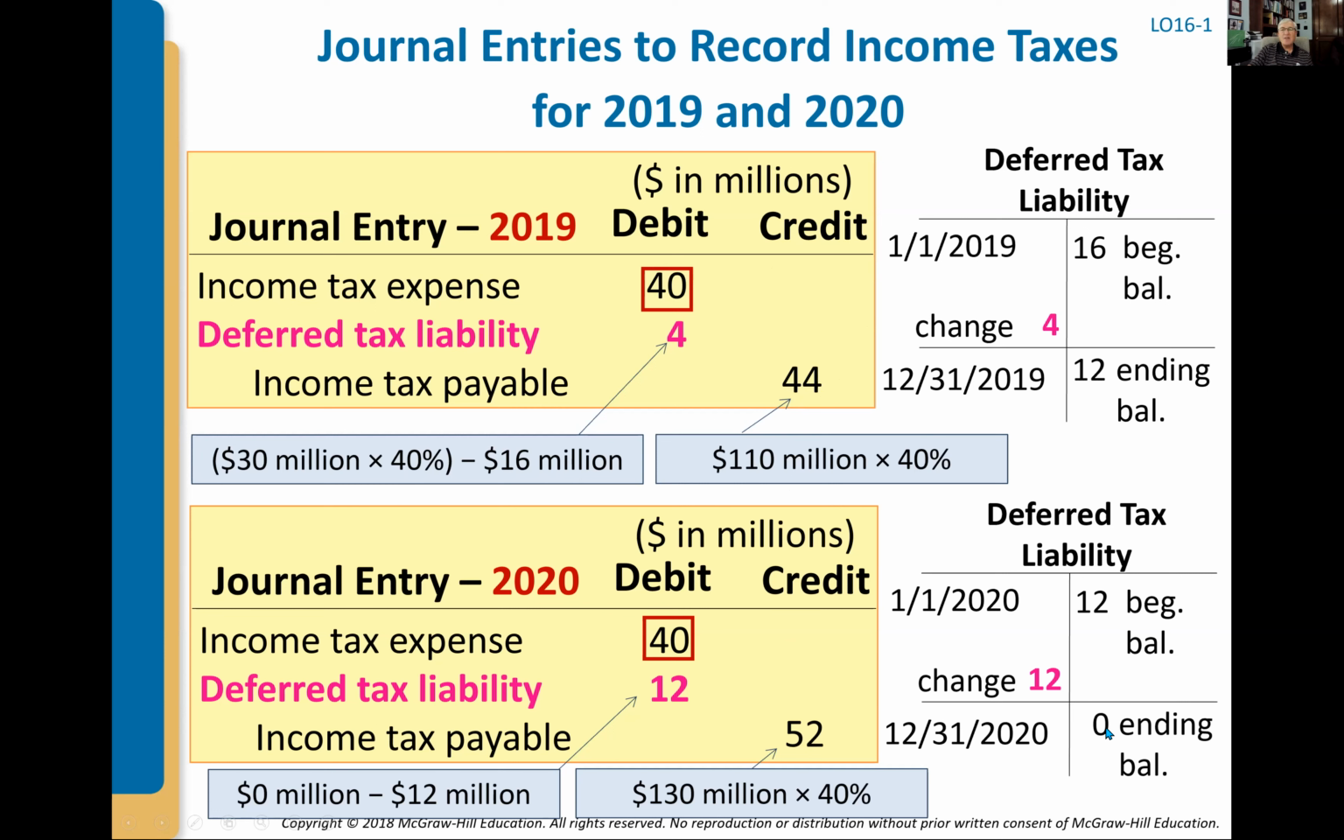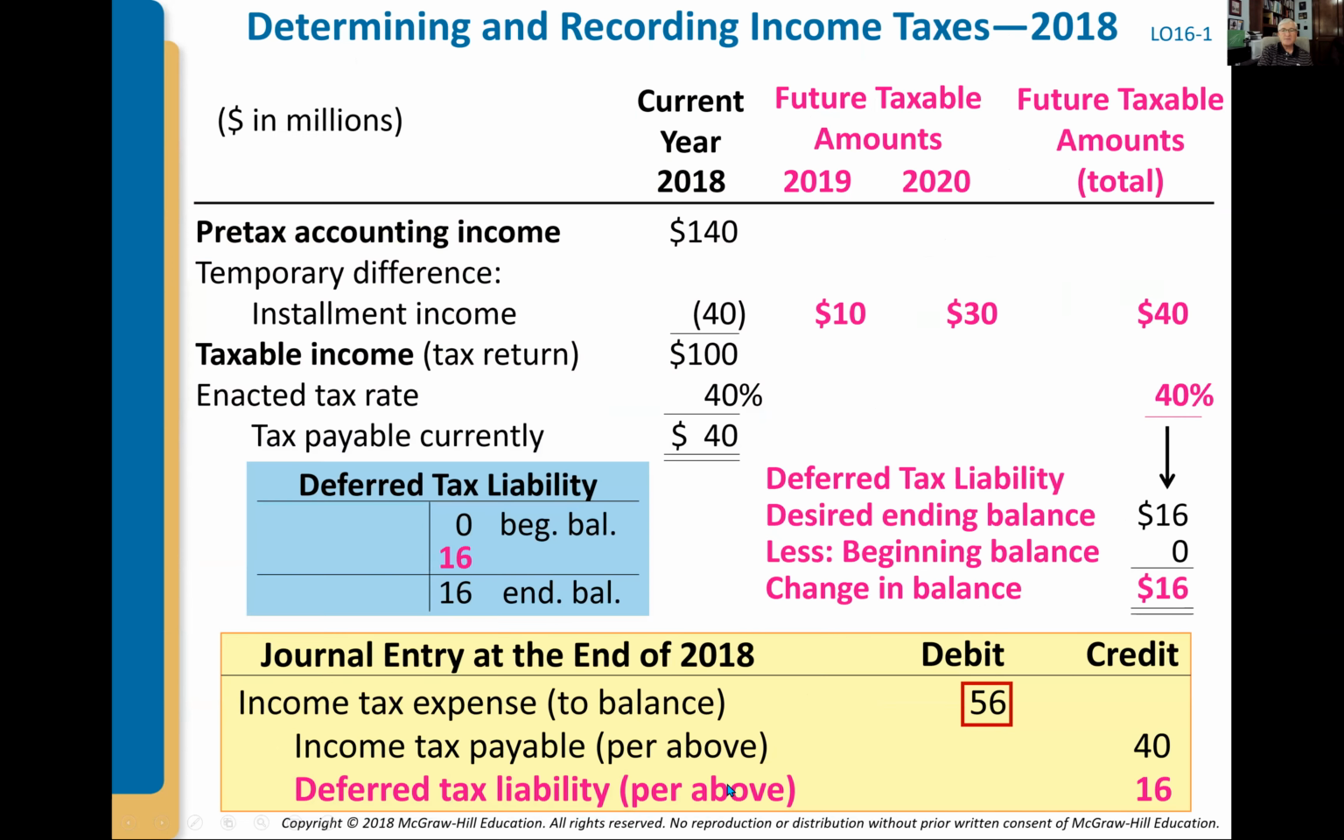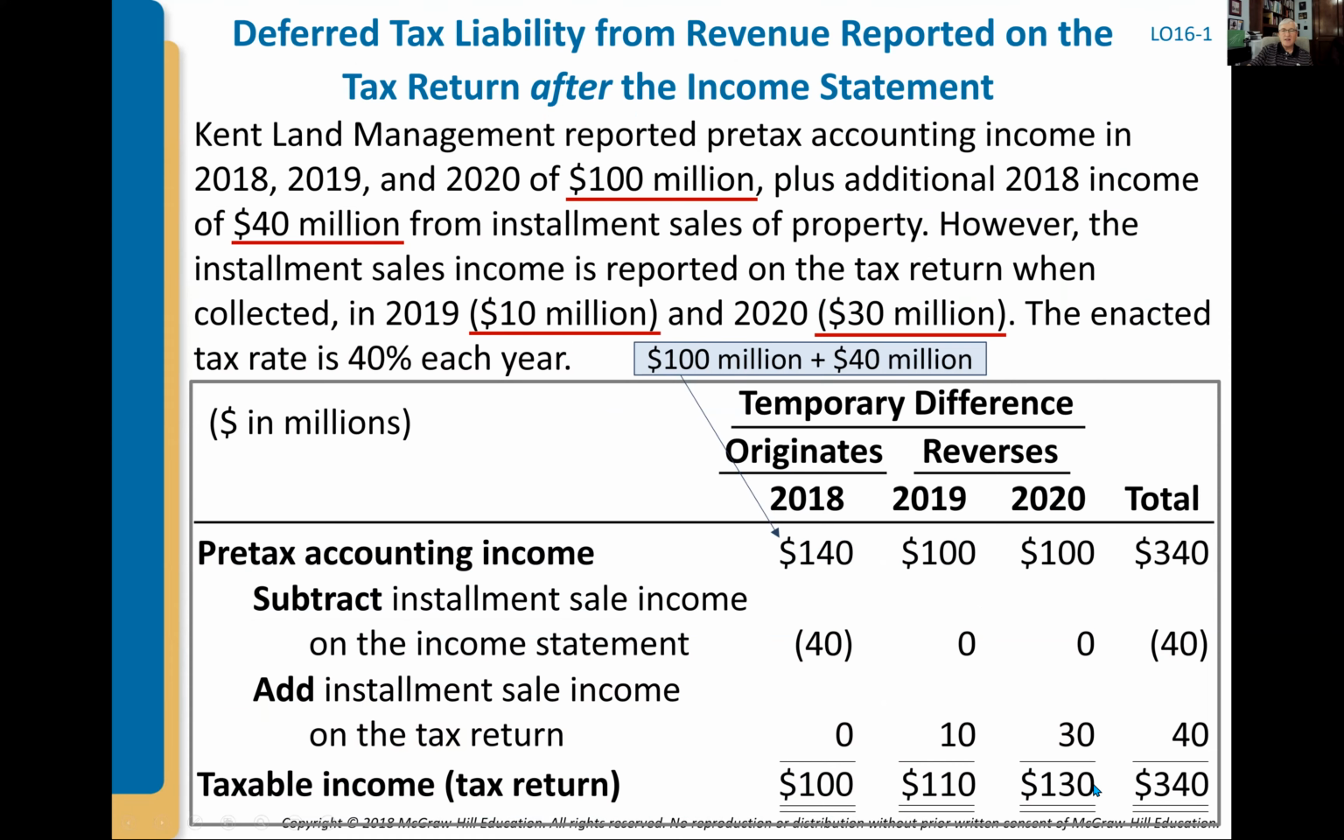Year 3, everything's reversed out now. My ending balance for my deferred tax liability needs to be 0. I started with 12. But let's go through step 1. Step 1 is the income tax payable. 130 million, right here. That's the amount going on our tax return